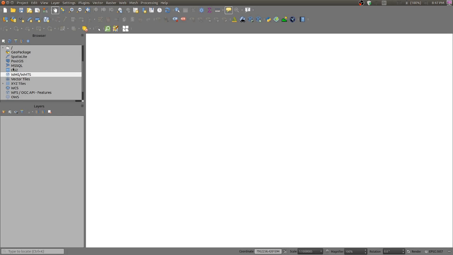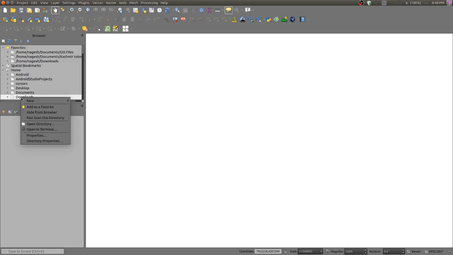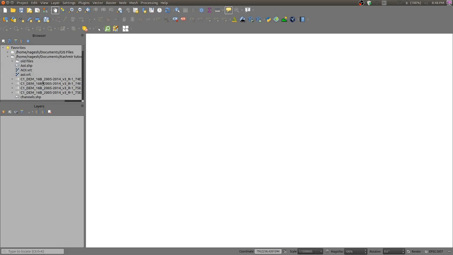And you have seen this browser panel. Here there is something called favorite. Here it is just like the Explorer window. You go to that folder where you have downloaded the images and add it as a favorite. Suppose I have downloaded in the download folder, I can add it as a favorite, like double right clicking and adding as favorite. So it will be showing under the download folder. By enlarging that, I can see all the files which I have downloaded.